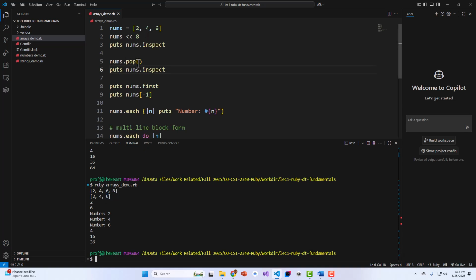Now, instead of pop, which we again could have done without a parentheses, what happens if I say shift? Okay, let's see what that does. You'll notice in this one, the 8 stays. What got removed? The front. Okay, so shift removes the front, pop removes the back,